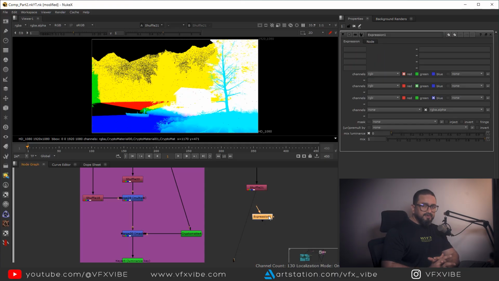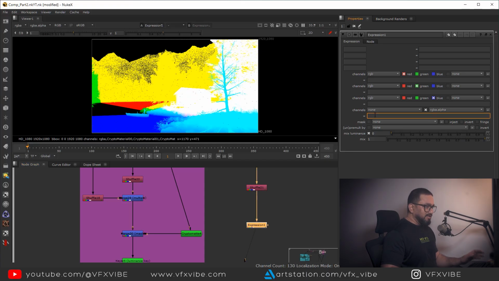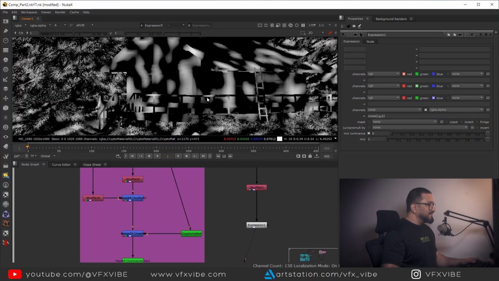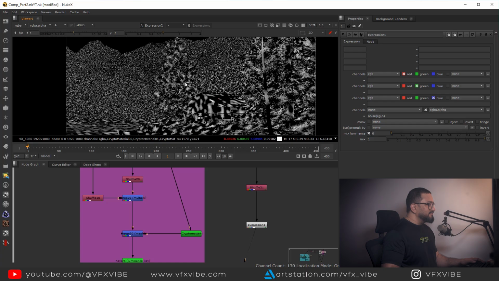Also you can use UV map and ST map to do this, but I'm going to use expression, and in that expression I'm going to use alpha, and over here I'm going to type noise(r, g, b). If I see alpha, I'm having noise on everything,